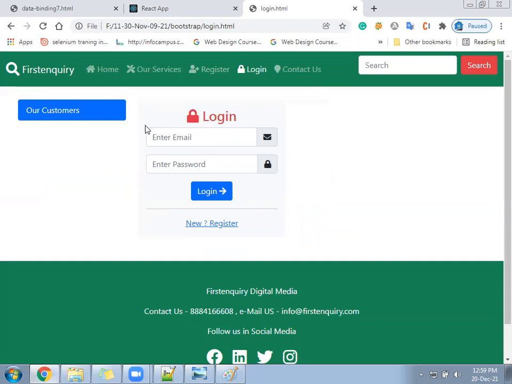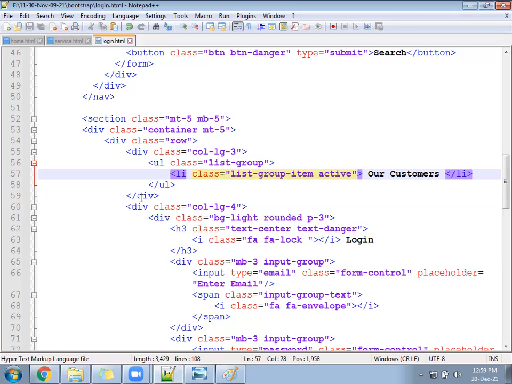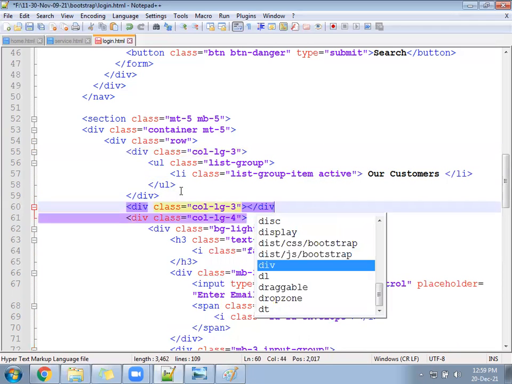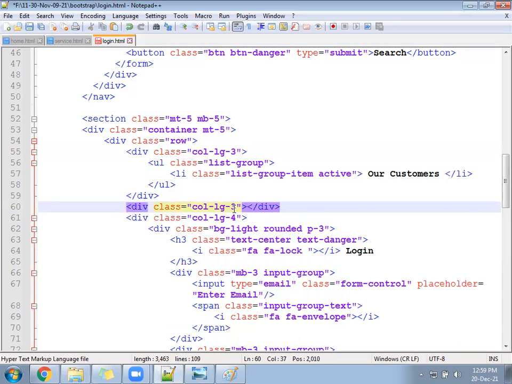Okay, after 3 we can give a gap. Between 3 and 4, give an empty column.